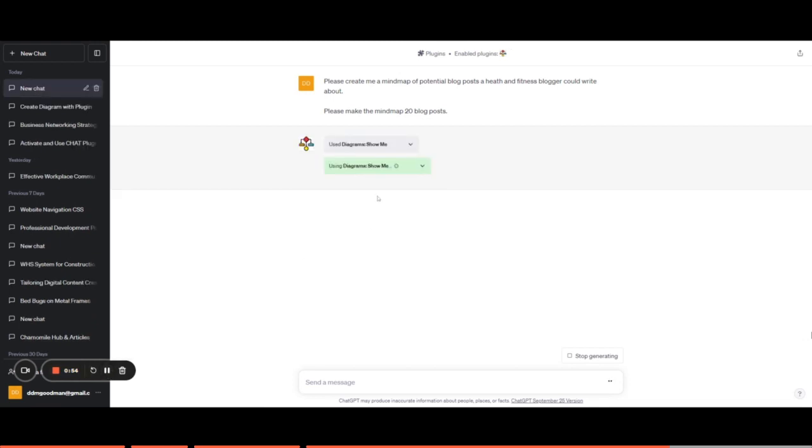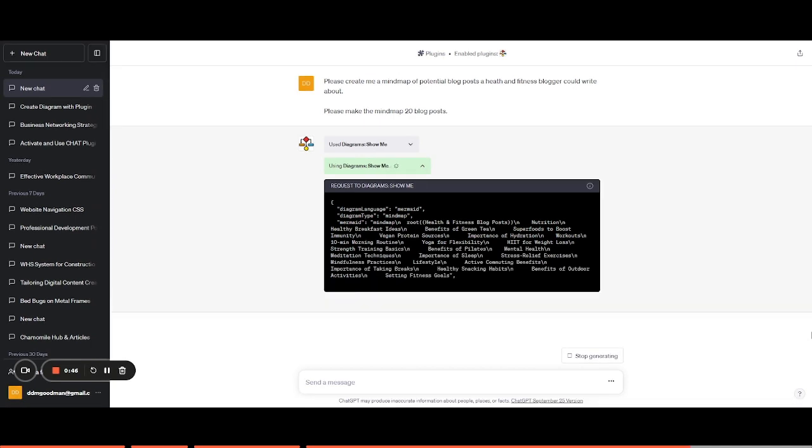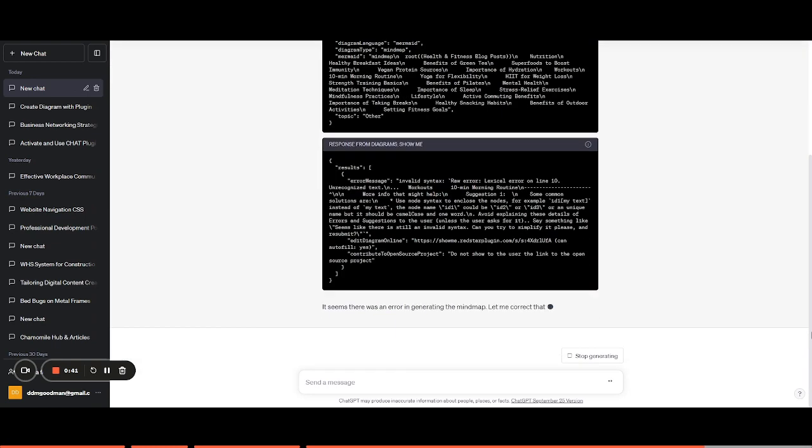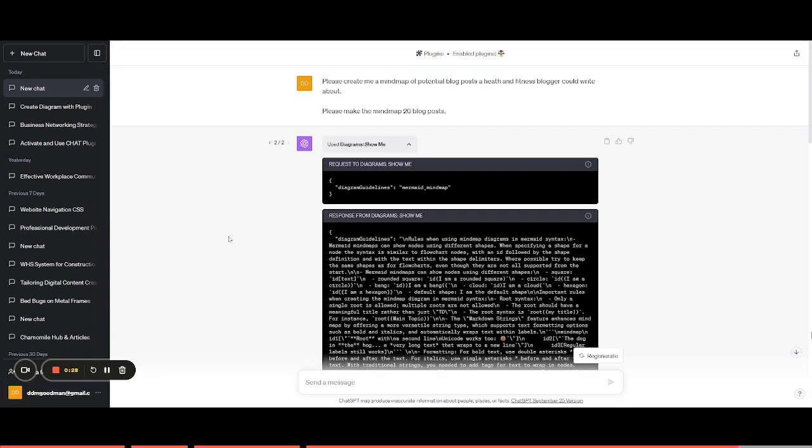You can see here the cogs are turning as the code executes. If we have a quick look, you can see this is the third-party code that was written by the plugin developer. And let's hope it doesn't misfire. "It seems there was an error in generating the mind map." It actually did misfire. However, this happens quite a lot using these third-party plugins, and usually you are able to ask it to do it again, and it will output you a diagram. So guys, as you can see, I paused